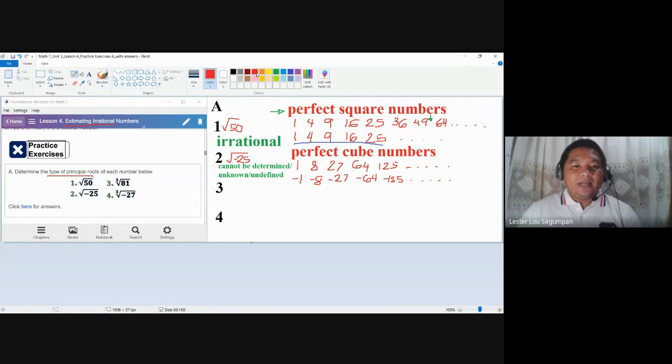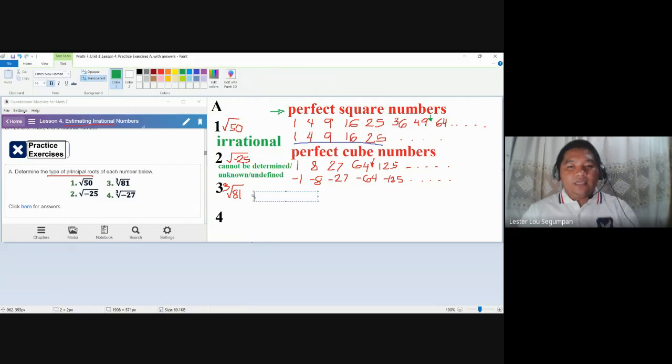Number 3 talks about the cube root of 81. Since we are talking about principal cube roots right now, let's look at the perfect cube numbers. 81 is somewhere here. It is between 64 and 125, which are the perfect cubes of 4 and 5 respectively. In short, the principal cube root of 81 cannot be an integer nor a rational number. So the answer for number 3 is